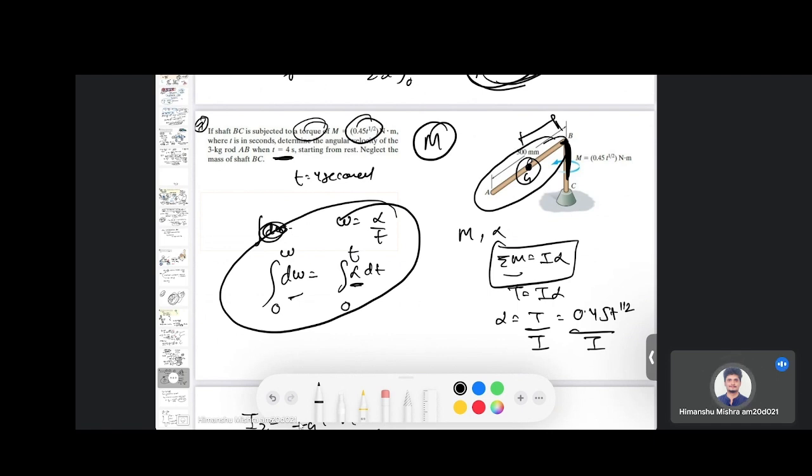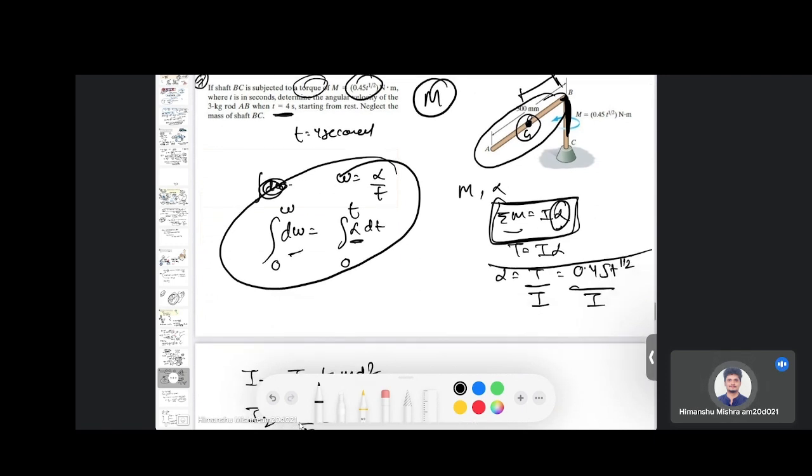We know that the summation of moment equals moment of inertia times angular acceleration. So once we define the angular acceleration as torque divided by inertia,